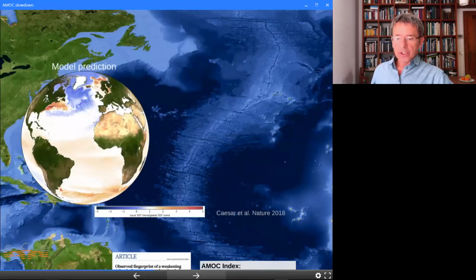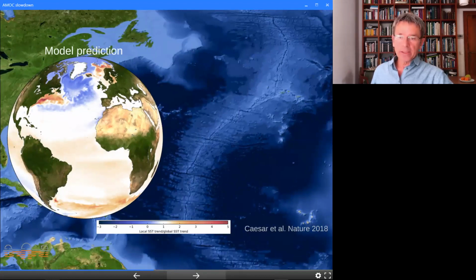Now, we used a CO2 doubling simulation from that climate model from Princeton and analyzed the sea surface temperature pattern that emerges from that CO2 increase. My PhD student at the time, Levke Cesar, did that. And the model simulation pattern looks like this. That is actually the deviation from the global mean sea surface temperature warming. So everything that is blue has warmed less than the global mean or cooled, and everything that is orange-red has warmed more than the global mean. And you see this peculiar dipole pattern here